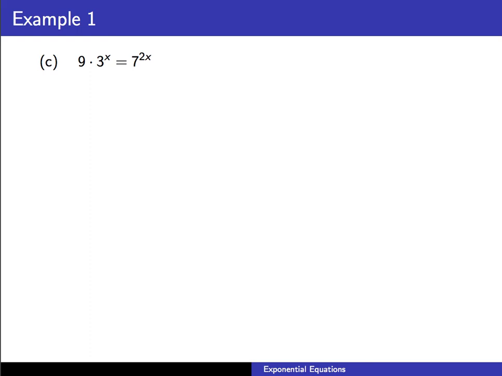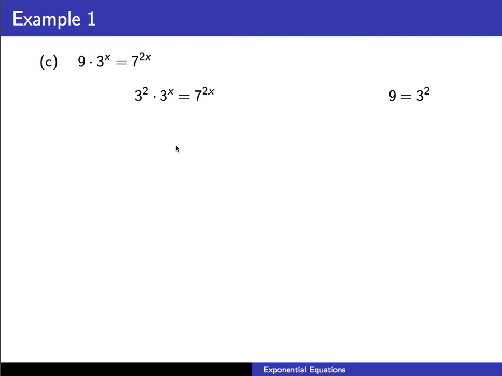Alright, in this video we're going to take a look at some more examples of solving exponential equations. So in example 1 part C here, we have 9 times 3 to the x power equals 7 to the 2x power. Now notice that on the left hand side, the 9 times 3 to the x, we can rewrite 9 as 3 to the second power, so that both of our expressions on the left are written as a base of 3. So we can write this as 3 to the second power times 3 to the x equals